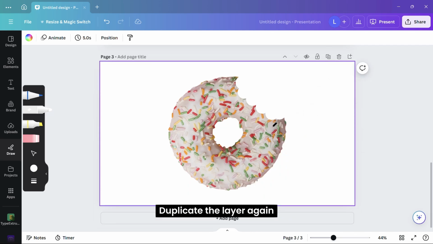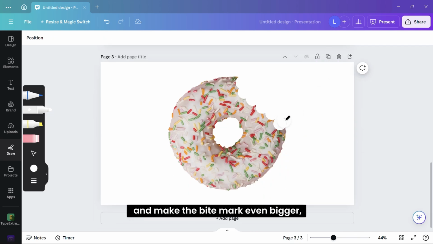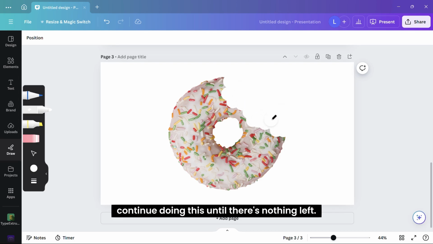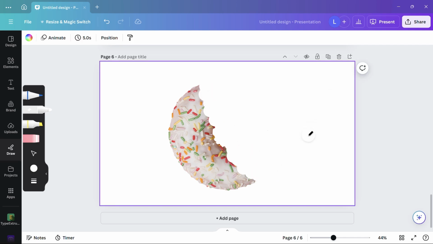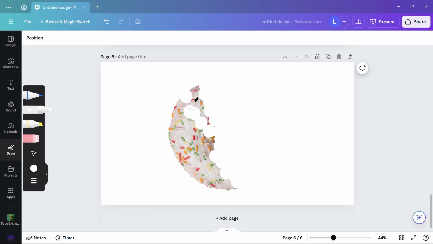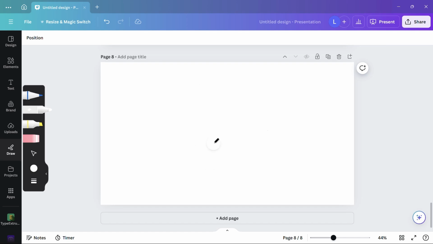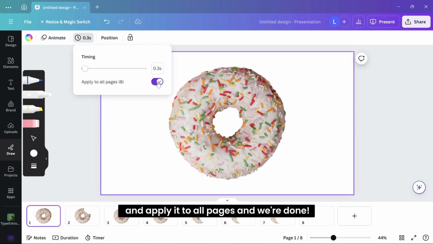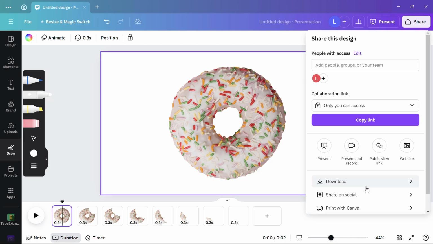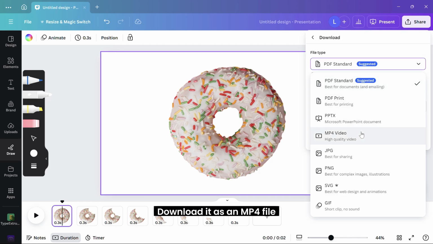Duplicate the layer again and make the bite mark even bigger. Continue doing this until there's nothing left. Next, edit the timing to 0.3 seconds and apply it to all pages, and we're done. Download it as an MP4 file